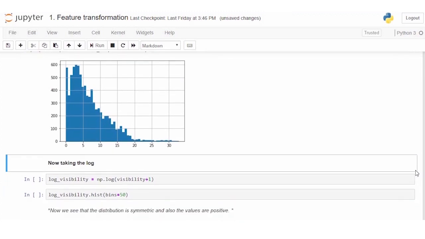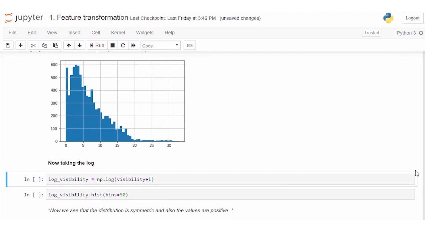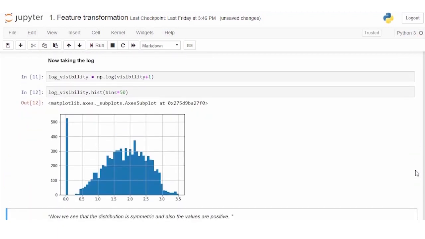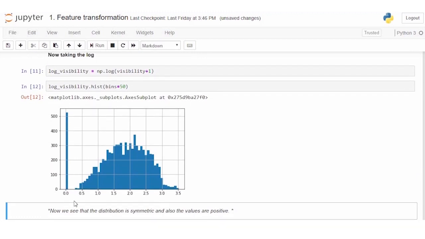I'm going to use the log transformation again and just plot it out. This plot is a normal distribution and the values, as you can see here, are also positive. So in this video, we covered the concept behind feature transformation and addressed some issues that we might face while using the log transformation. Thank you.